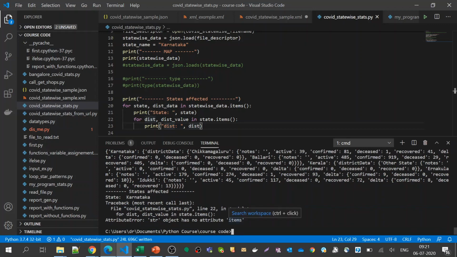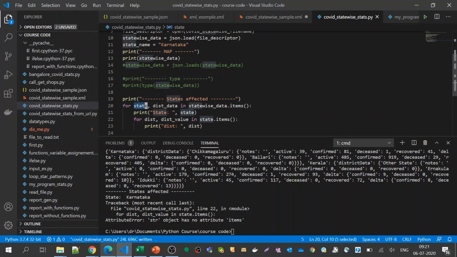String has no attribute items. Okay, so let us try to debug this. Here the state is a key.